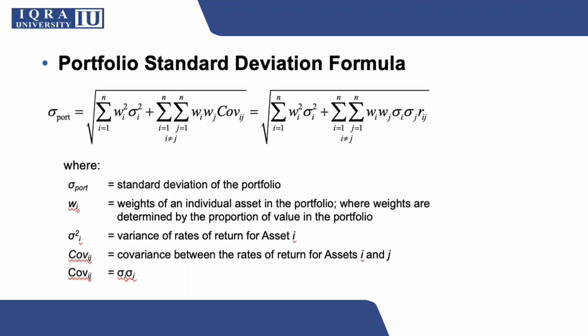Remember that if you already have a covariance calculation, you can work on the first formula, or in case you have correlation, then you can move to the second one. If your securities are well selected, then this portfolio standard deviation should be lower than the individual securities' standard deviations. So the actual work will be the selection of the portfolio. It is better if you have negative correlation, which will help you a lot to reduce portfolio standard deviation, or in simple words, reduce the risk of your overall investment.